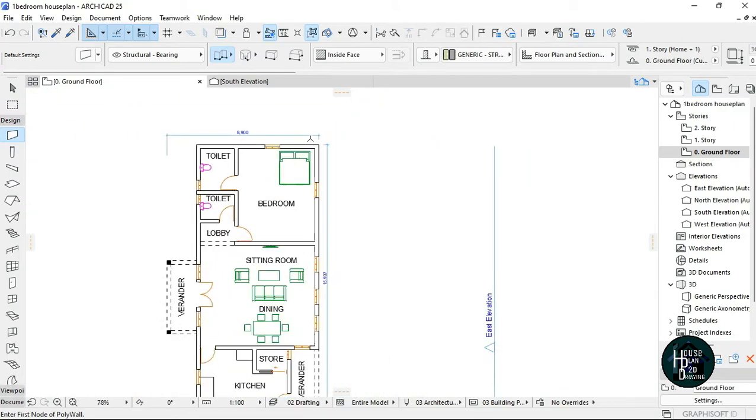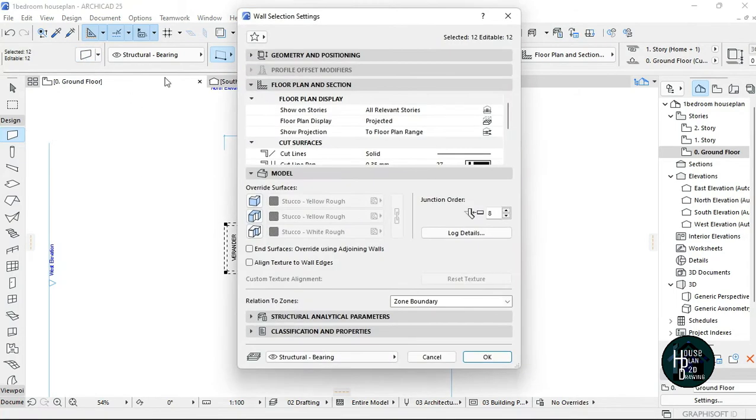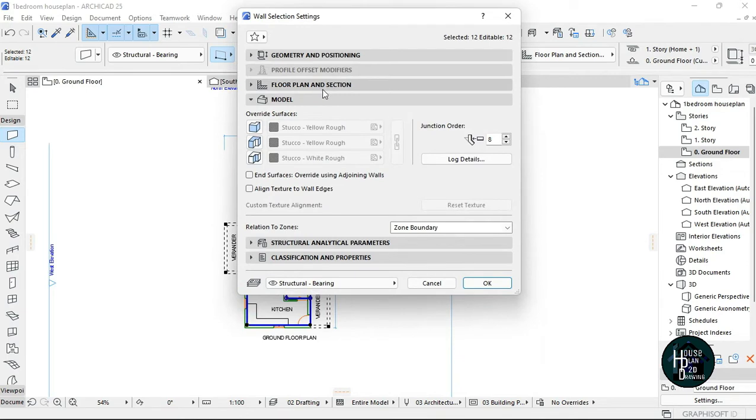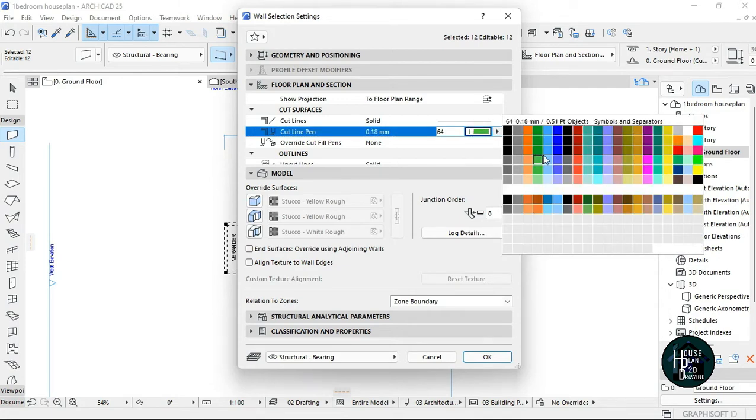So what I'm going to do is click on wall, Ctrl A, and click on settings dialog, and I'll click on this floor plan and section, scroll down. As you can see, it's going to show me here that the cut line pen is 0.35 millimeter. So when I click on this black line here, it's showing me that this is my actual millimeter. This is the line width I'm using, which is 0.35 millimeter. Okay, so I'm just going to exit from here,